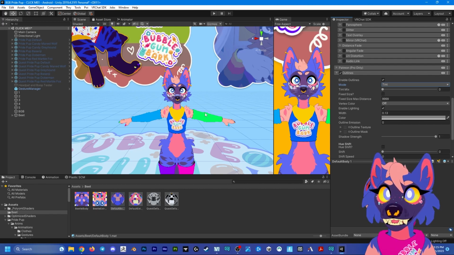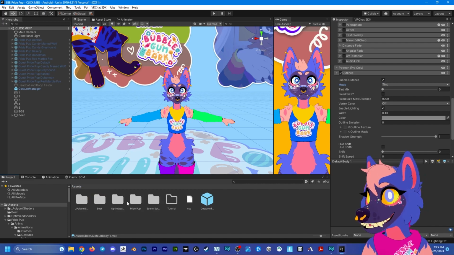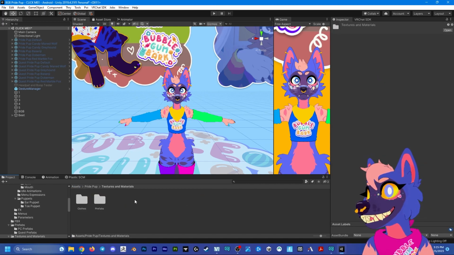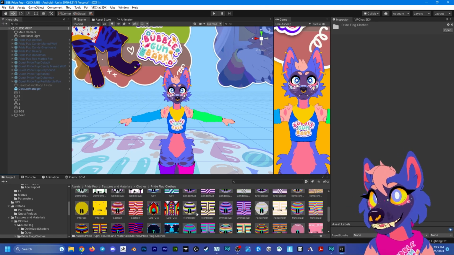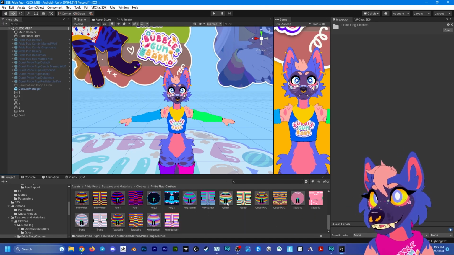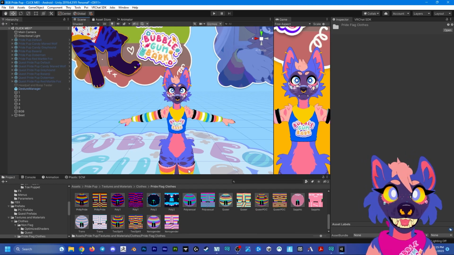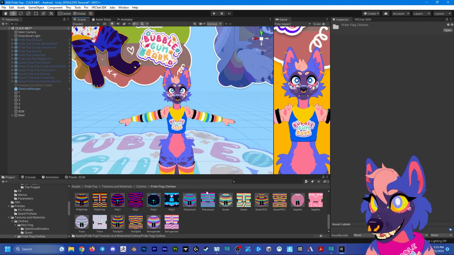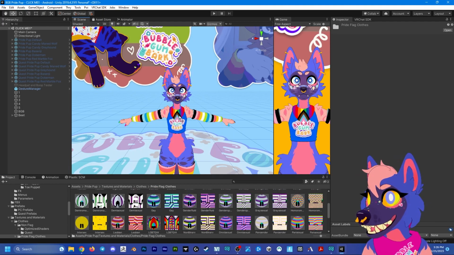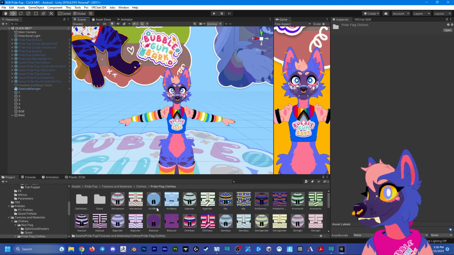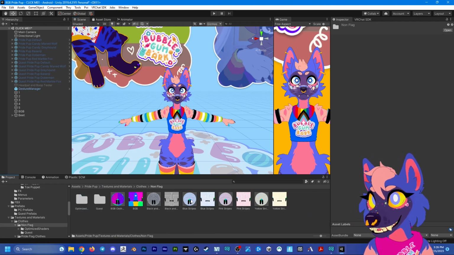But I do tint. And then the same goes with your clothing texture, Pride Pup, textures, clothes. We'll do, let's see. So then we've got all of our textures and materials here paired. So identify as queer. So I'm going to put the queer flag on, and then maybe the general pride flag, and then maybe we'll go into the non-flag section and we'll put